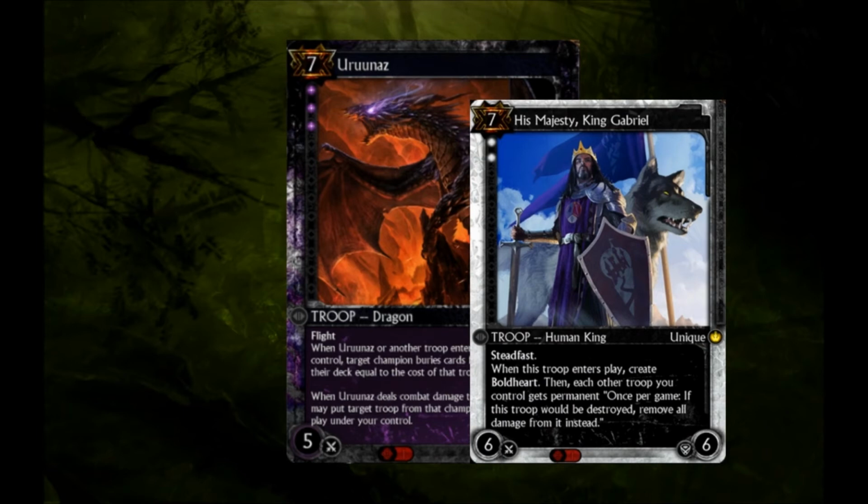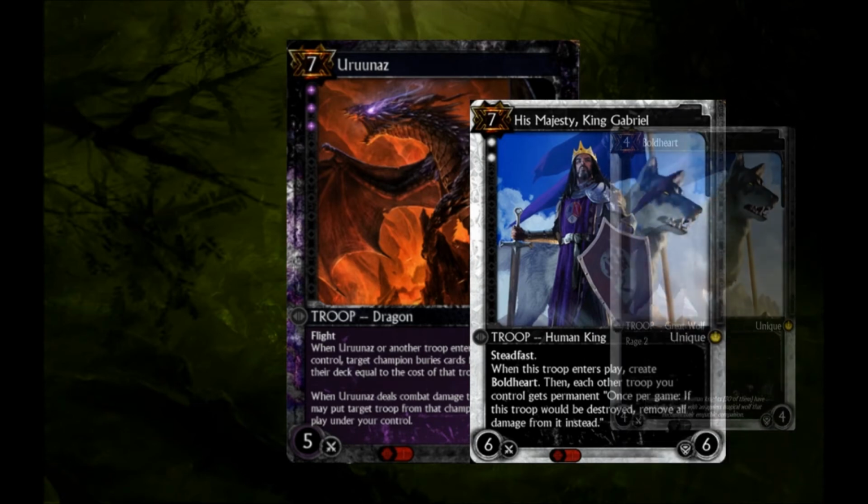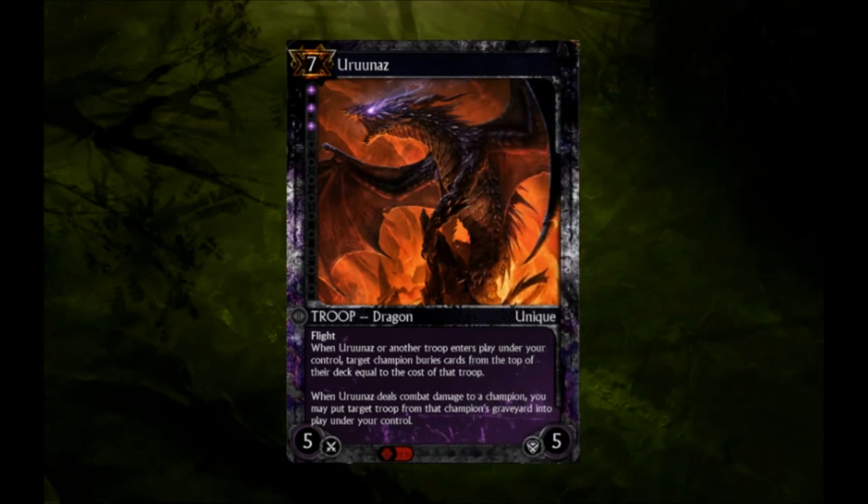When he enters play, Gabriel not only summons a second troop, Boldheart, but also gives a buff to all your other troops. On the turn he's played, Gabriel does more than just bring a big creature to the field. Sure, Uruunaz also mills 7 cards, but in a 60-card deck, that's likely not a killing blow or a huge momentum shift. As such, while Uruunaz will certainly see use in general PvP decks, there are certainly more powerful win